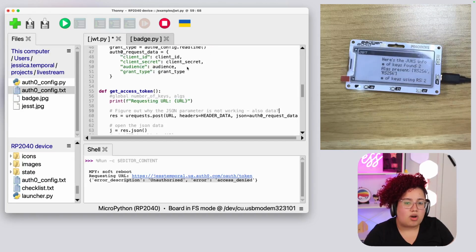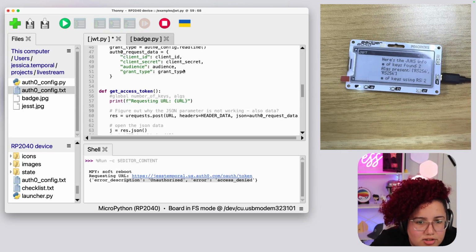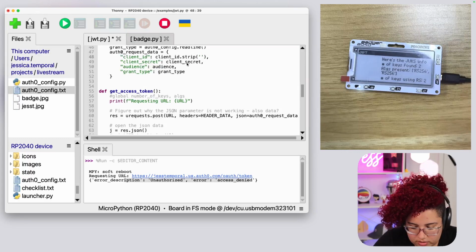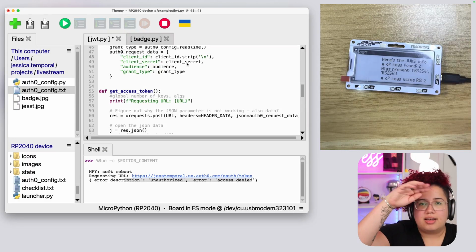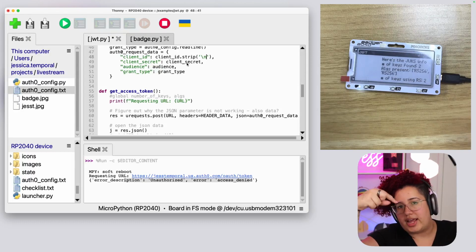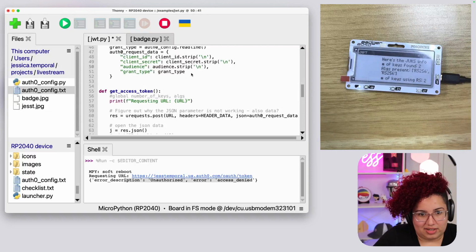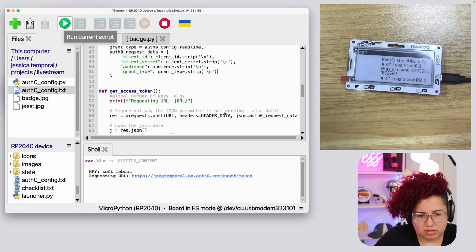It could be that, oh, I know what it is. I have a guess of what it is. It could be that this string has a \n at the end. Okay, this is easy to test out. Can I do a strip? Because each line in a text file ends with an enter to go to the next line, right? So I'm going to try to remove that. This is easy to test out, so if this is the case, it might work. No, it's still the problem.